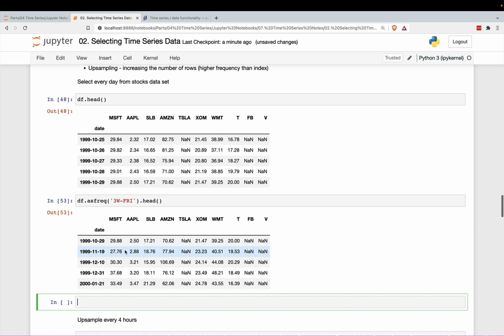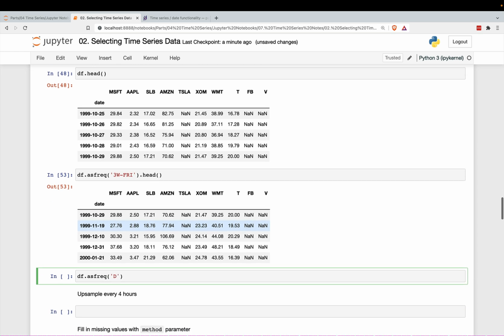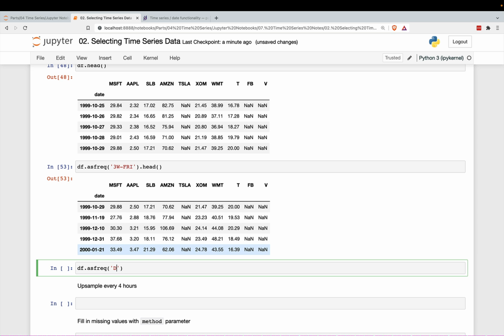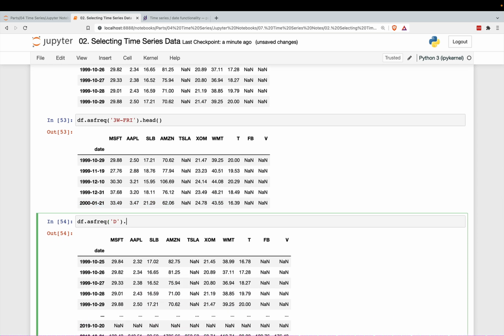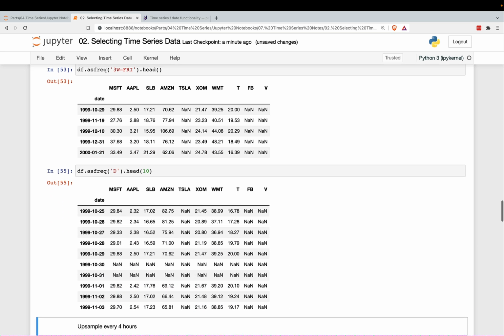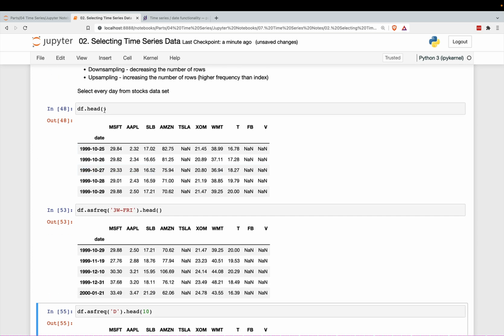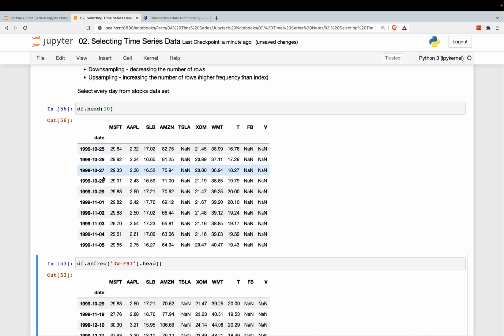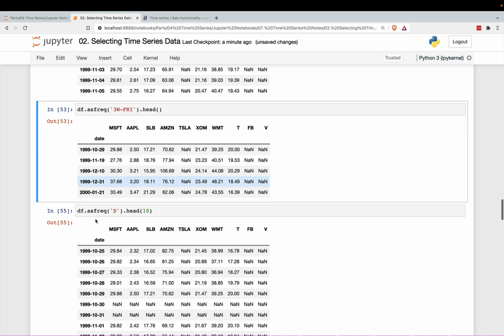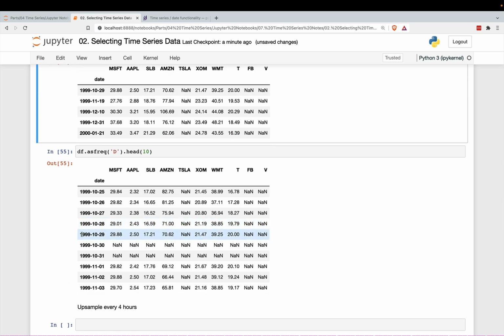Now, upsampling is when we add more rows to the data frame. So if we use D, which is just the offset alias for daily, and let's do head of 10. So there is not data for every day in the original. If we go over here and actually look at head of 10, it's just the trading days, right? So October 30th, October 31st were a weekend in 1999, so they did not show up in the data set. But if we sample every day, pandas will insert